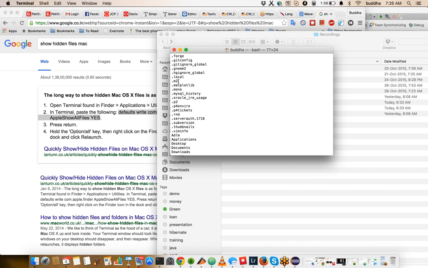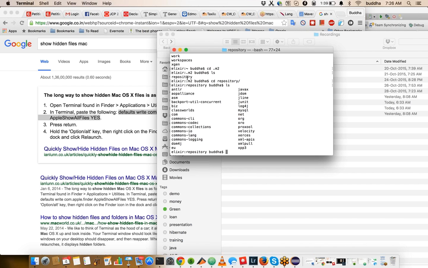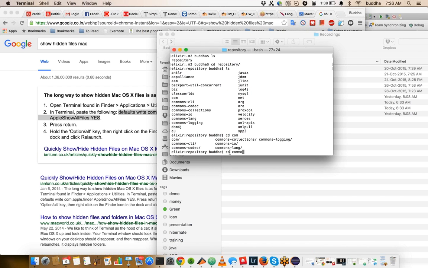Now there will be a folder called .m2, which will be created when we run Maven for the first time. If we go to that .m2 folder, it will have a folder called repository. Now if you see, it has all these folders. If you see commons-io, now if I go into commons-io, or even commons-lang,